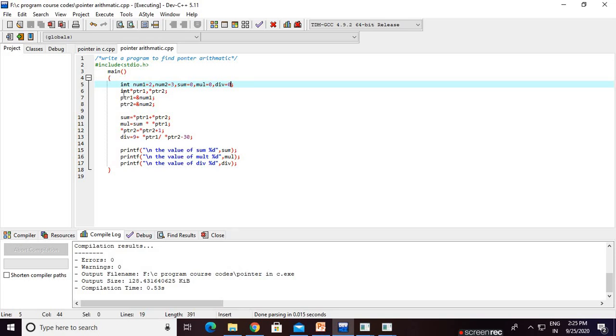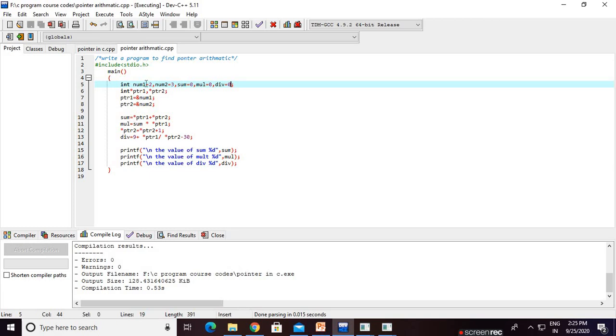Now we declare two pointers, int *ptr1 and int *ptr2. In ptr1 we assign &num1, the address of num1, and ptr2 is assigned the address of num2, that is &num2.